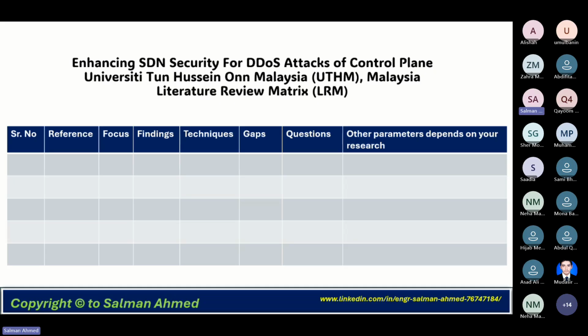In the last column, I usually write the parameters on which this article is depending. Like, if this article is depending on resource utilization, then the parameters would be the energy, power, and the area. So these things we fill in one row for one paper. This one row will be a comprehensive literature review matrix for the complete research article. From this matrix, we will write a systematic literature review of that particular article.